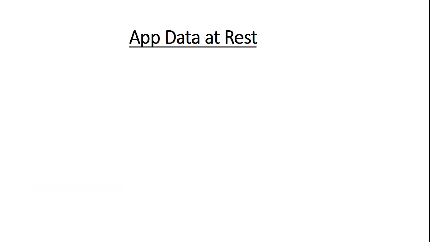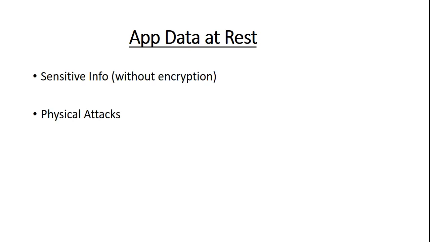Now let's explore some common threats to mobile apps that have to be addressed during the design phase, or that you can take advantage of during your pen testing. The first one is application data at rest. Often applications store data on the client side. Many mobile applications store sensitive data on the device without any encryption. This is one of the major problems of mobile applications. This data can be sensitive, confidential, and private, so data at rest on the device can definitely be exploited in many ways.